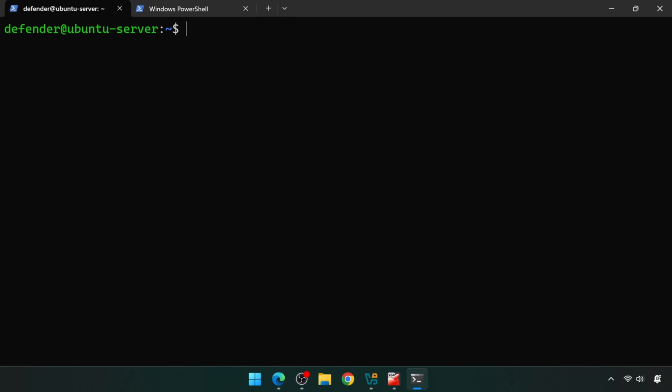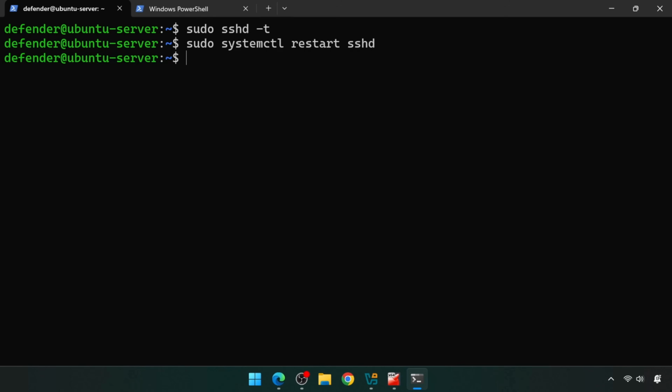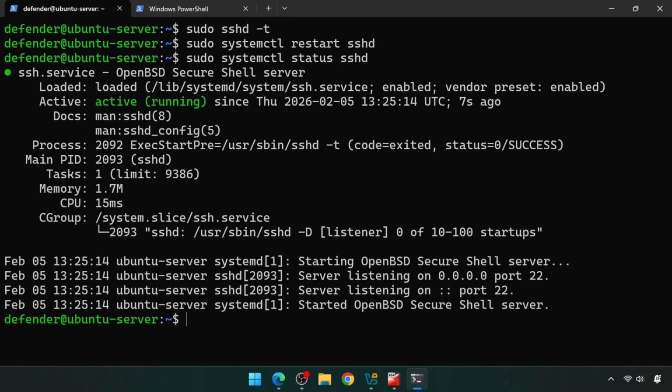Test your configuration for any syntax errors by typing sudo sshd -t. If there are no errors, nothing appears, and you just get your prompt back. That means the configuration is valid. Restart the service with sudo systemctl restart sshd to activate all the changes we just made. Check that it restarted successfully by changing restart to status, and you can see the service is running with your